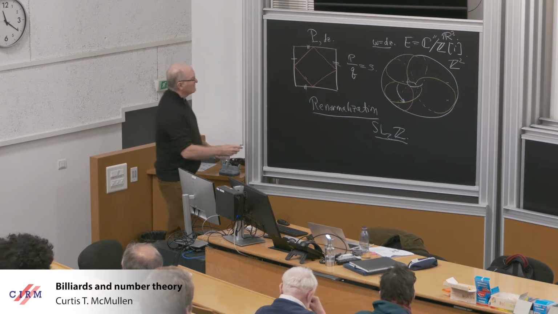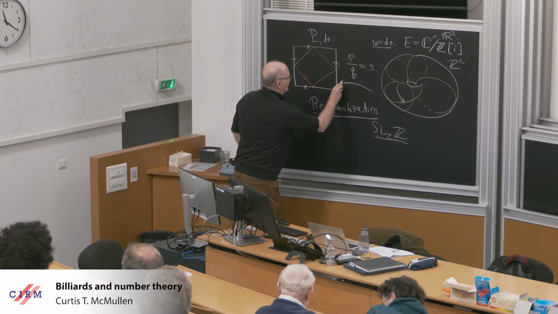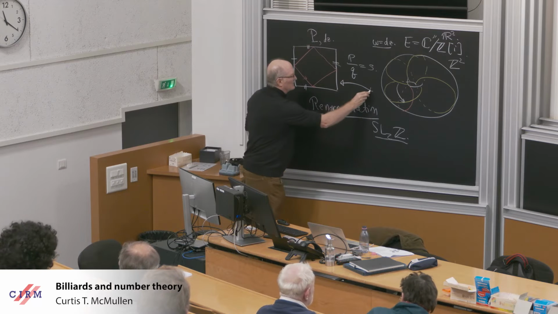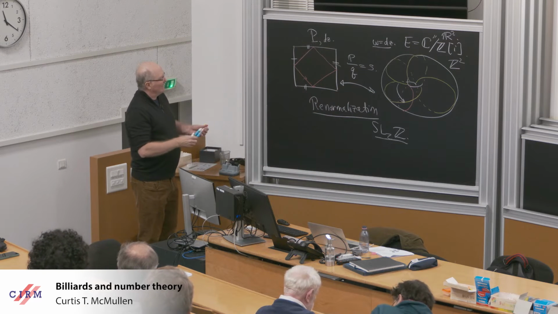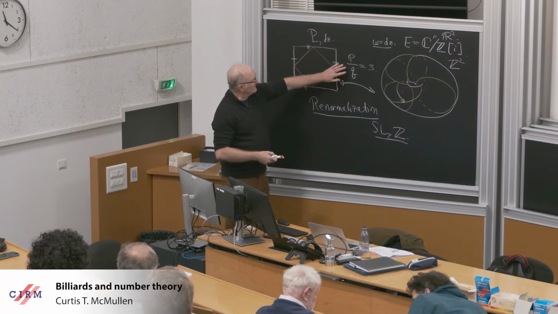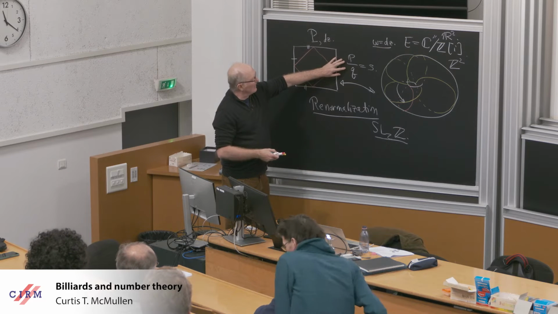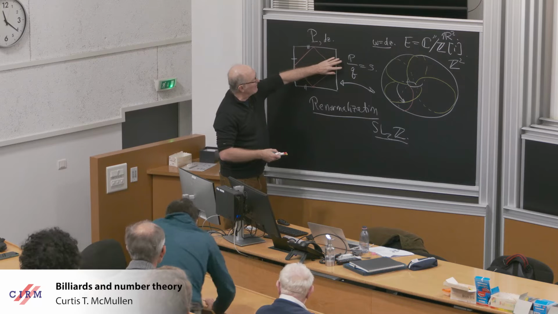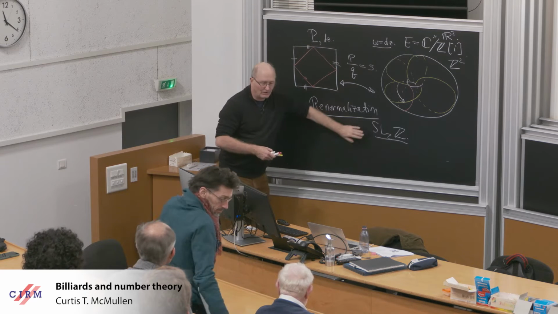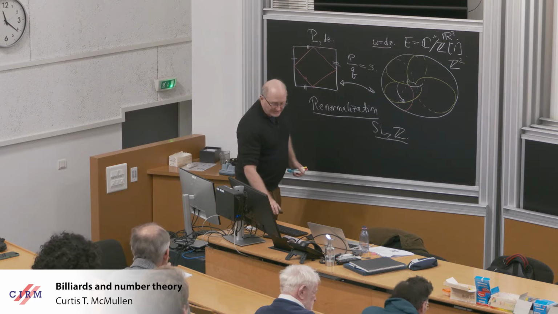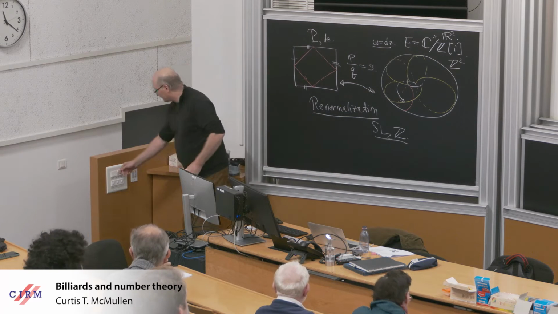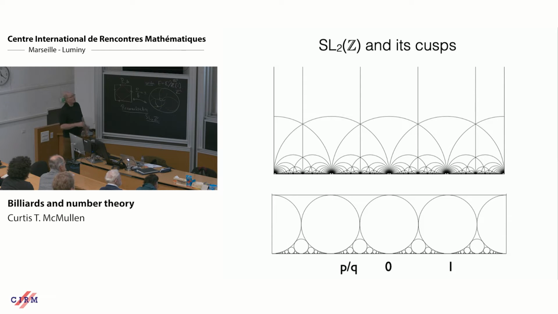Okay, and then this comes back to haunt the square. A little work is required to go back and forth between the torus and the square, but what we find is that this gives an easy proof, not that this is difficult, that the periodic slopes in the square are also rational numbers, but it brings to the fore this group. And so this is a prototype for what we want to consider for more general polygons, and as I said, I'll focus on the Pentagon and then also on